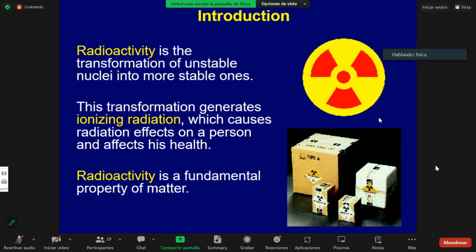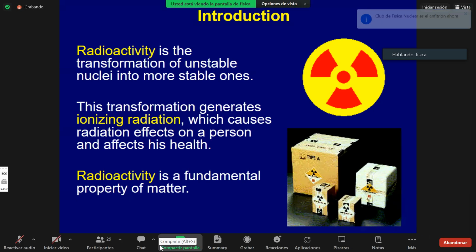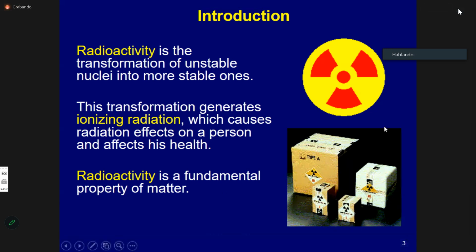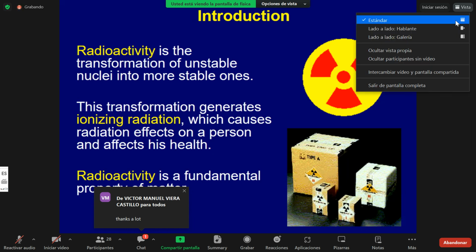So again, radioactivity is characterized by the transformation of unstable nuclei into the stable one. However, this daughter nuclei may be unstable too, and will decay further to different types of decays, different chains of decays, until they reach some stable condition, stable nucleus. So radioactive nuclides, also called radionuclides, can emit ionizing radiation as they decay.